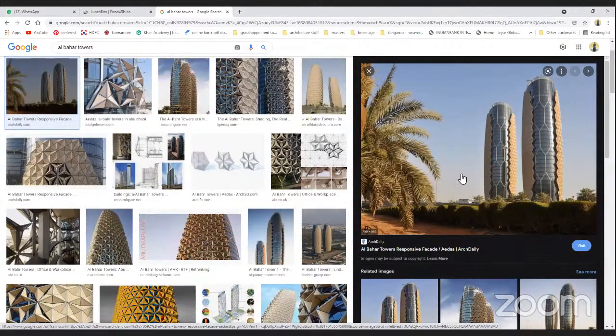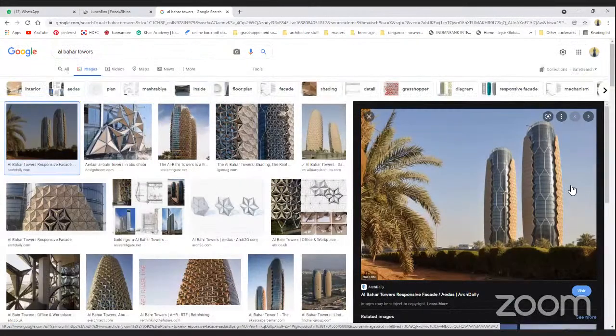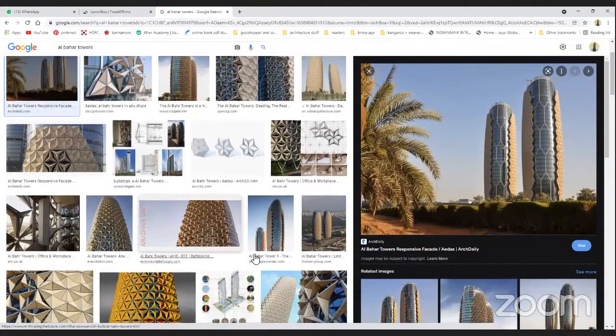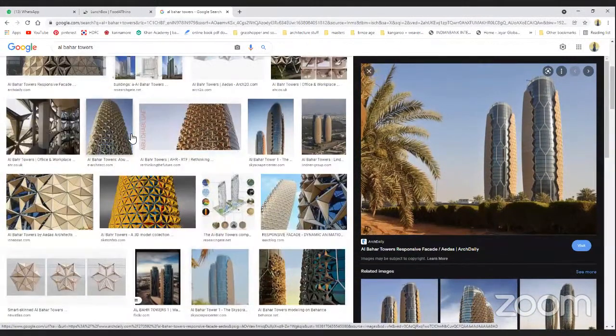And you can imagine the temperature they have. It's going to be extremely hot. On top of it, they decided to go with a glass facade for the entire tower. Glass is known for the amount of heat it can absorb, making interior spaces less than comfortable for people inside. Even so, they have been able to achieve very comfortable conditions on the interiors. And how they did that was by coming up with a facade pattern, something like this,